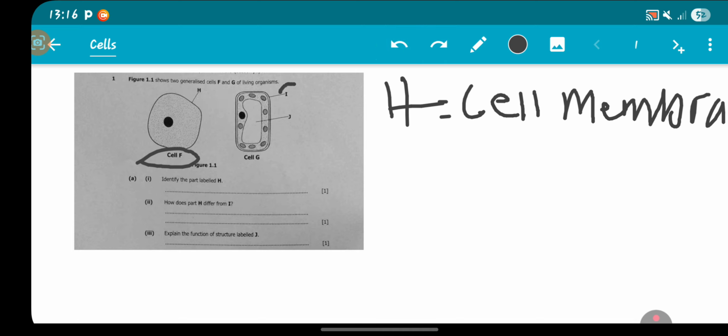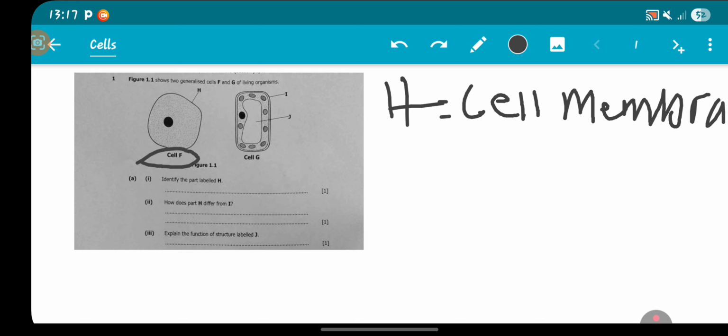And I, as we can see there, is pointing where there is a cell wall, the outermost part of the plant cell. So how does it differ? H is a cell membrane which allows substances to enter and leave the cell,